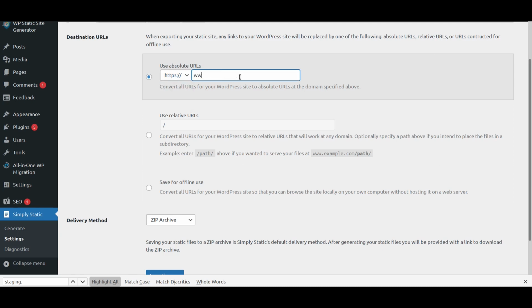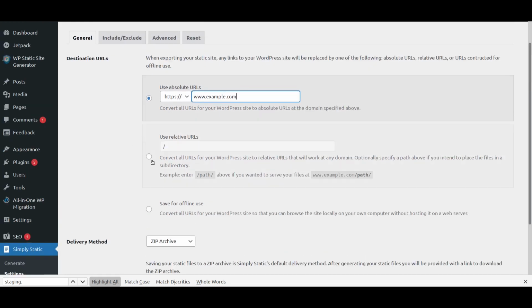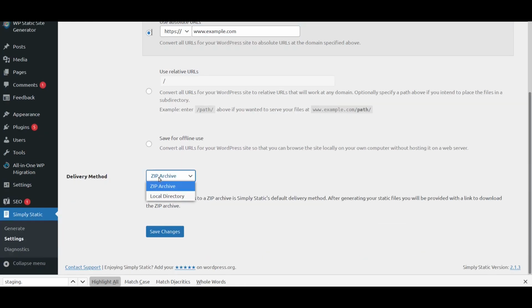Here the only option is zip archive or local directory. The delivery method, the deployment itself, has to be taken care of by you. So Simply Static does not do that part for you.